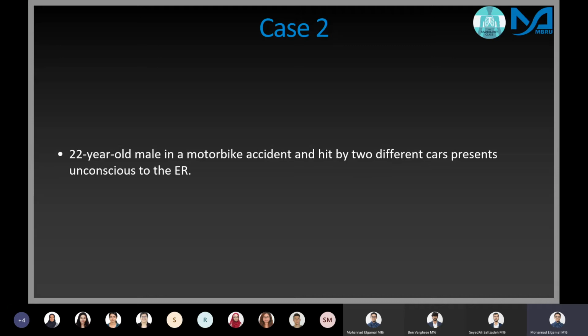Let's skip the history. You can't take history because he's obviously unconscious. You can do a physical, but not very well, for example, a neurological physical. So what would you do first? What's the first thing you'd be worried about? Non-contrast CT. Good job. So yeah, you do a non-contrast CT because you'd be very worried about any brain hemorrhages